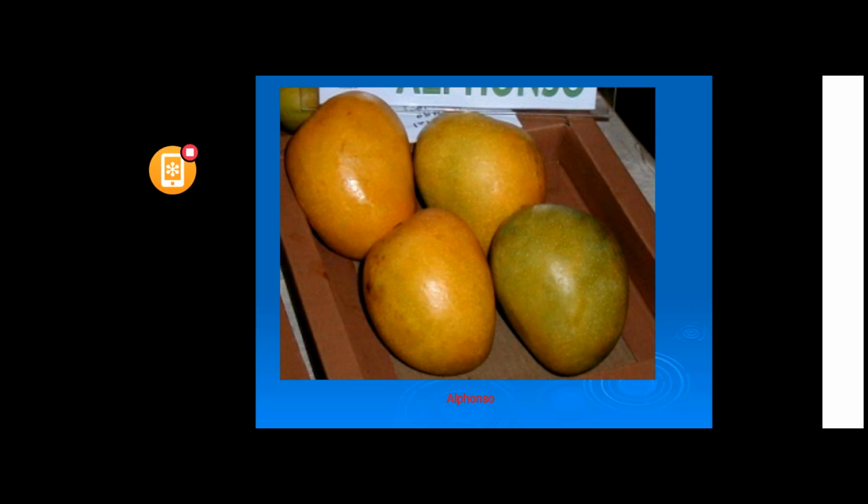Alphonso is the best variety from the West. As you know, it is exported many times to many countries, and 70% of exports are Alphonso. It is one of the big, lovely varieties of India and one of the costliest.